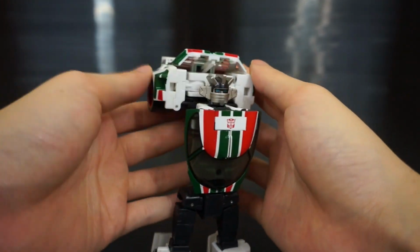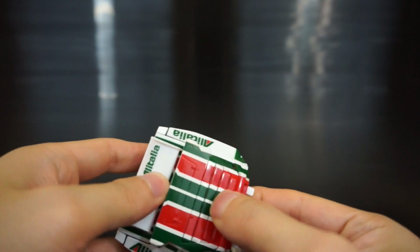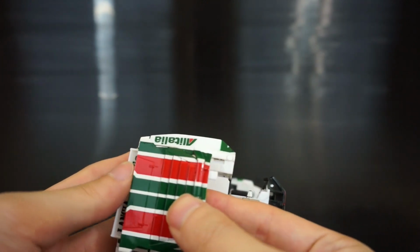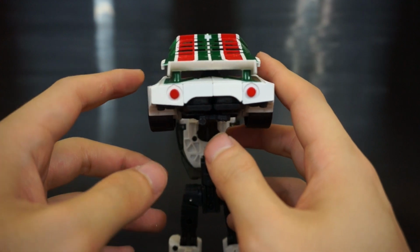Okay, so from here, again, it gets a little complicated. This entire roof area comes up. And it's on a mechanism. And you can see that's where the spring joint is. It actually came up. But anyway, you want to pull that up. And looking at it from the back,